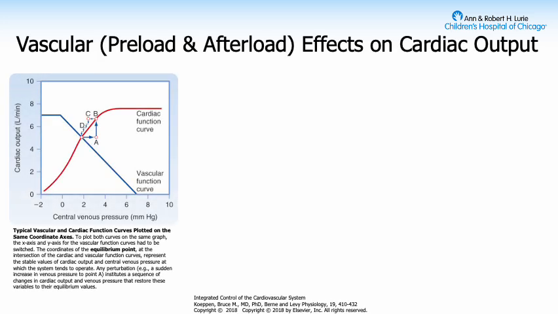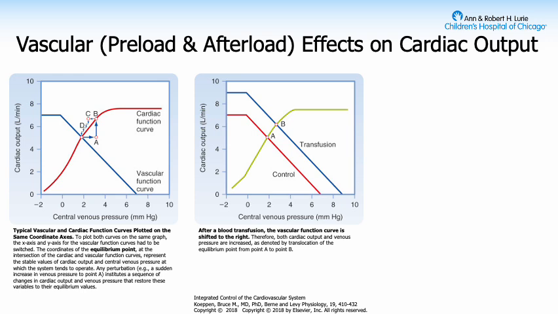Now taking it a step further, overlaying the vascular function curves onto cardiac function curves, which are also known as Frank-Starling curves, we see that the intersection of the cardiac and the vascular function curve is a point denoted as the equilibrium point, and that is unique for each patient and each physiology. You'll also notice with these curves that we flipped the axes, so now cardiac output's on the y-axis, CVP is on the x-axis. Now looking again at how preload affects this relationship, preload will shift the vascular function curve to the right, thereby changing the equilibrium point from A to B here. So higher CVP,